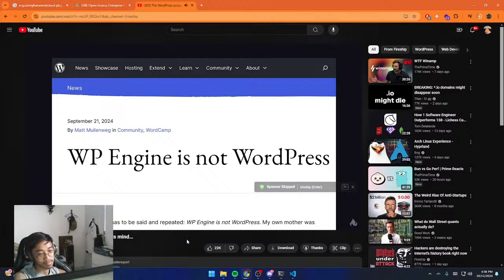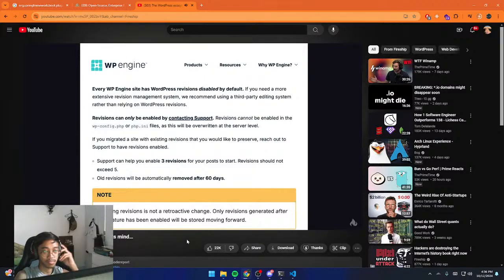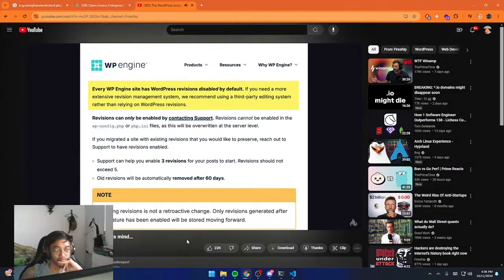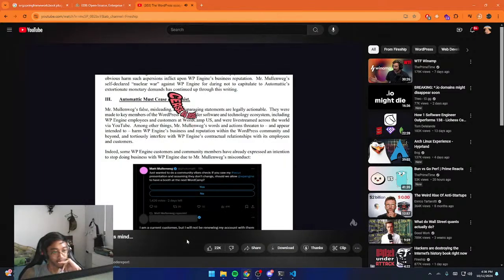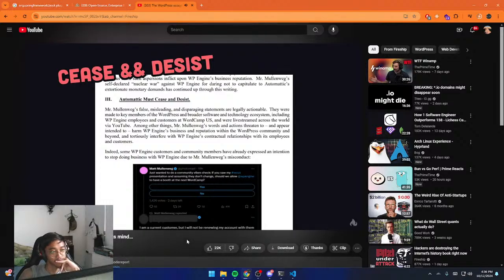WordPress.org also made a blog post called WP Engine is not WordPress, which reiterates that they don't give enough back and describes how they turn off features like revisions to save money on their backend infrastructure. 2 days later, on September 23rd, WP Engine claps back with a cease and desist, which accuses Mullenweg of making